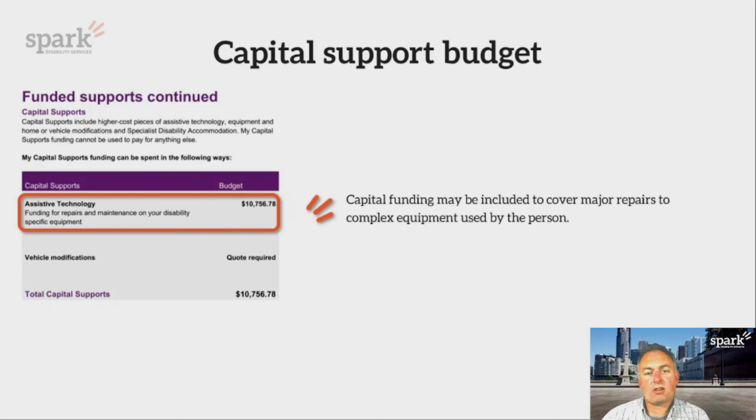Their assistive technology funding has been included, according to the comment on the plan, for funding for repairs and maintenance on their disability equipment. The second support that's been included in this person's capital support budget is vehicle modifications, and that's been included as a quote required support,